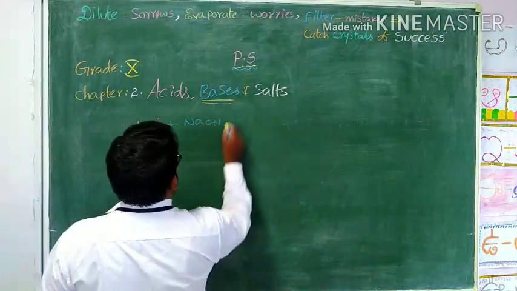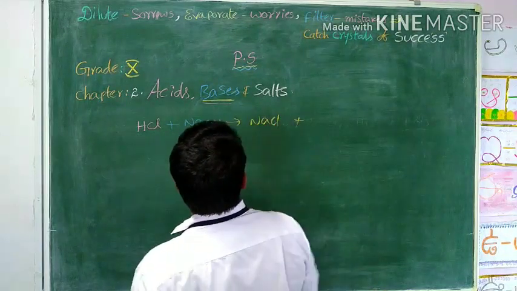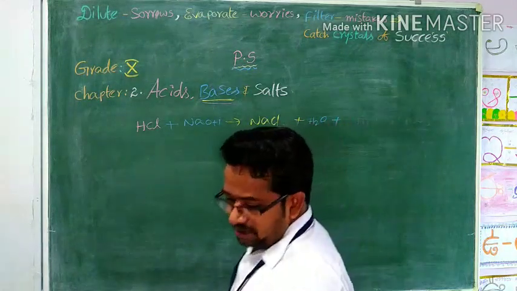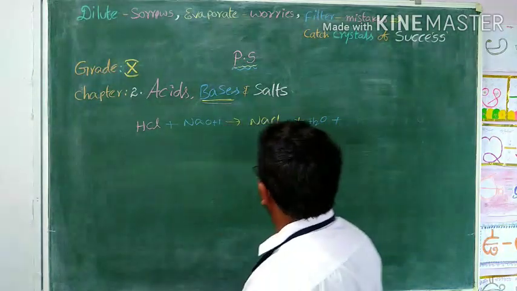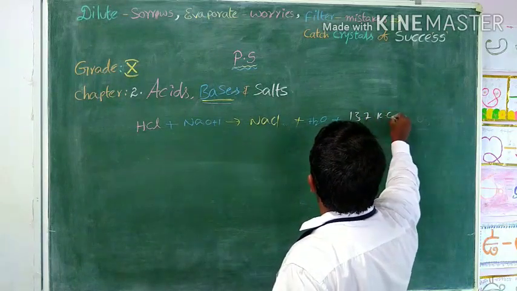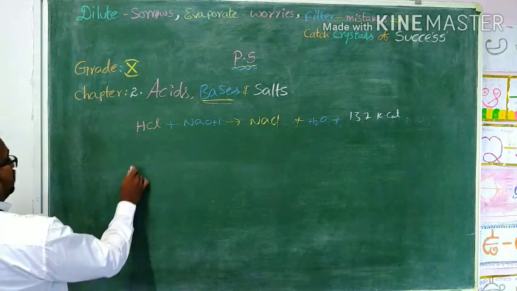NaOH to produce salt and water. What is the salt? NaCl and water is formed. Besides this, heat energy is also released. What is the heat energy? 13.7 kilocalories. But if you see here one more example,